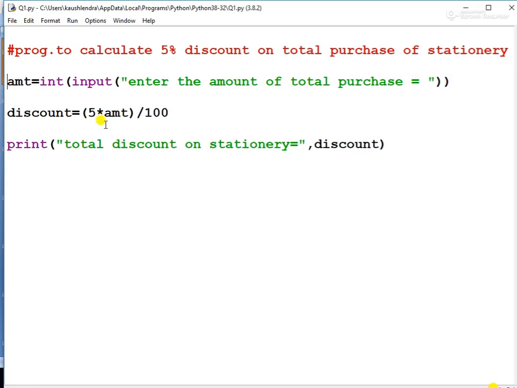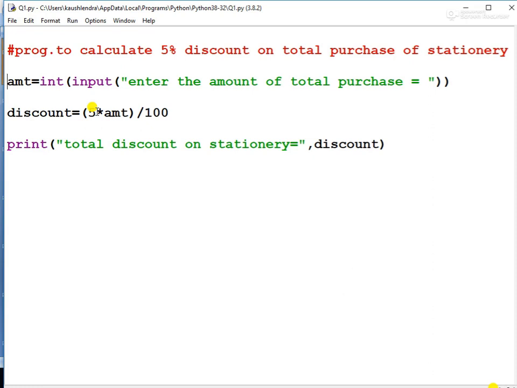Thereafter, after taking the value from the user, we have to calculate the discount. How can we calculate the discount? I think you all know: 5 percent into amount. So here I want to calculate the discount at the rate of 5%.